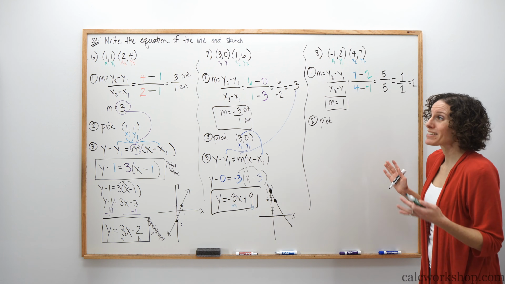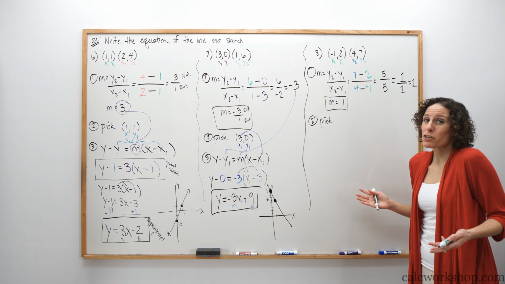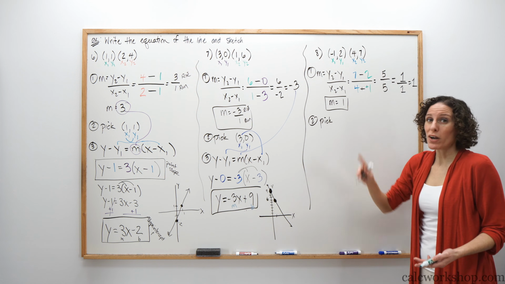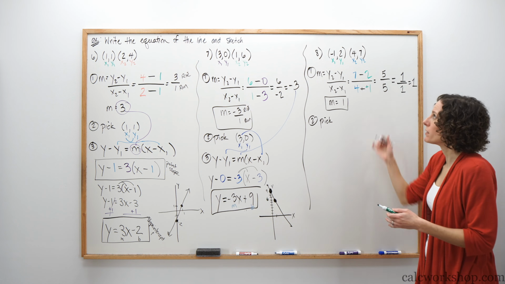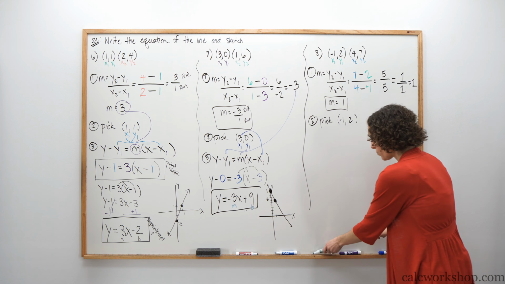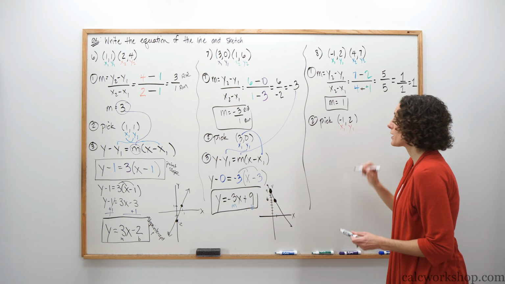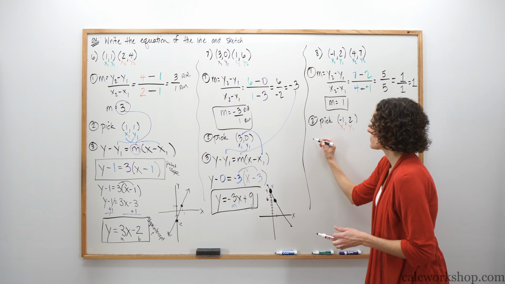If you get to choose nice numbers, choose those. If you have a 0 in it, choose that one. But if you just want to keep it easy, pick the first one. So if we pick the first one, negative 1, 2, what we have is x1 and y1 labeled. So step 3,